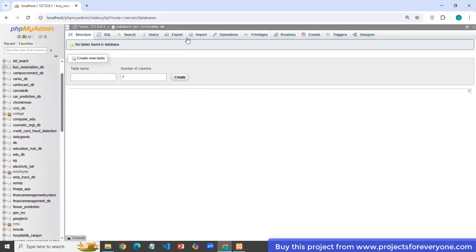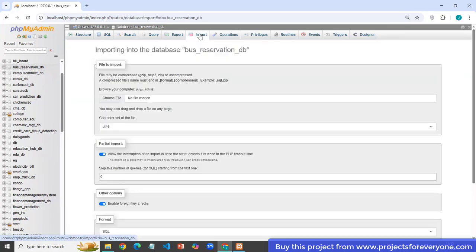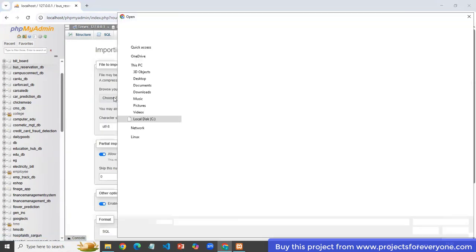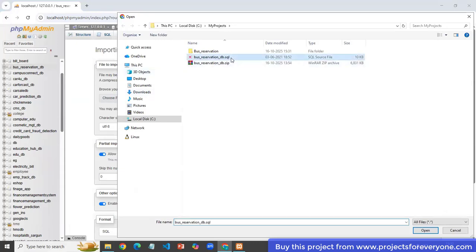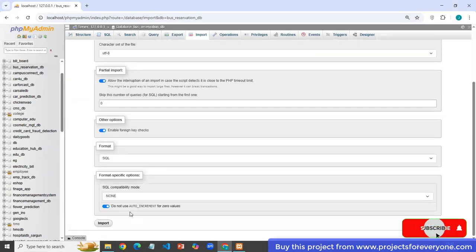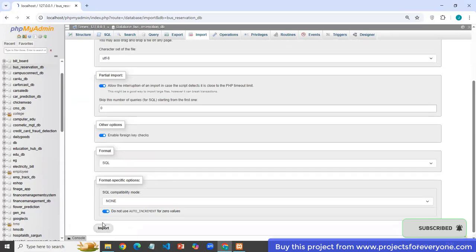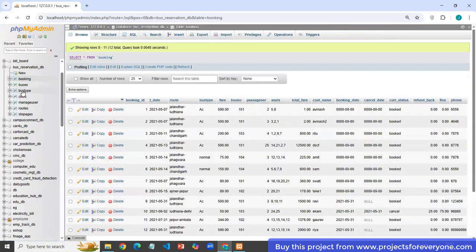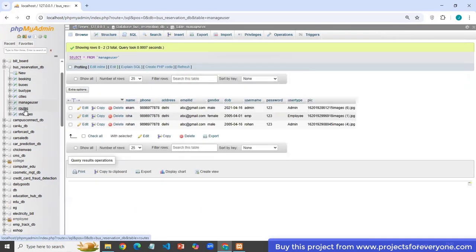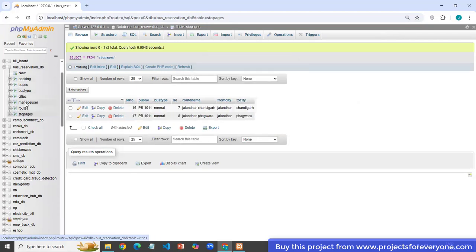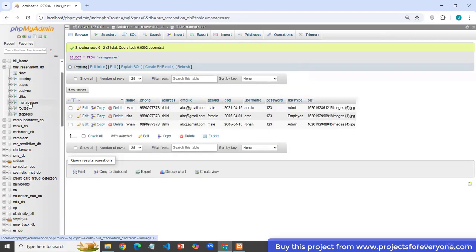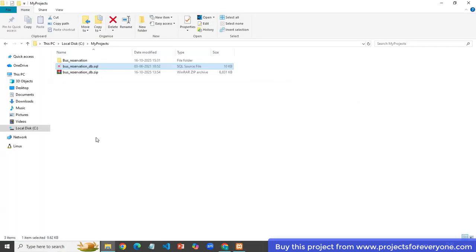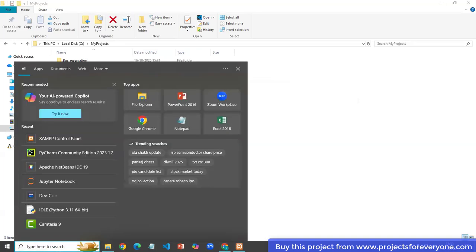Now import. Click on the Import tab and select that file. Now click on the Import button. You will get all tables along with their data. Now to set up the project, open Apache.